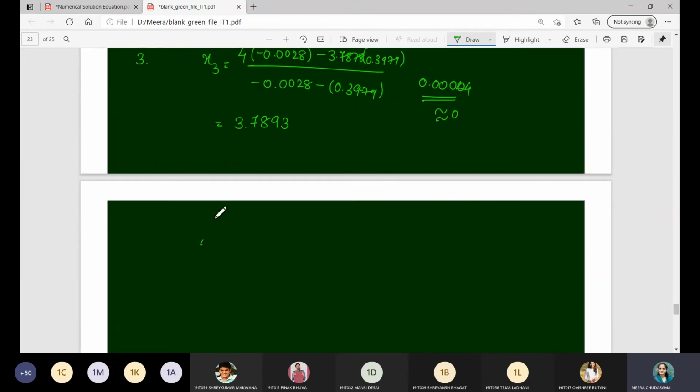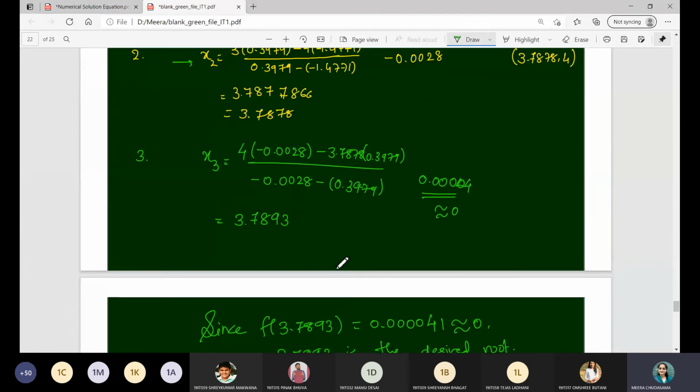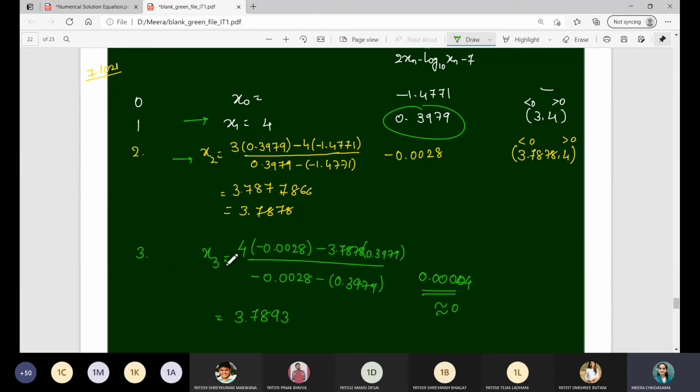Means we can say since f of 3.7893 is equal to 0.123440 and 4, after that point will be 1, so that is approximately equal to 0. 3.7893 is the desired root, right? उस केस में आपको नेक्स्ट इंटरवल में जाने की जरूरत नहीं है क्योंकि करेक्ट टू 3 डेसिमल पॉइंट बोला है, यहाँ से 3 डेसिमल पॉइंट में ही आपको 0 आंसर मिल रहा है, तो you can stop at this moment only. So you can see that in just first and second iteration itself we are getting the root.